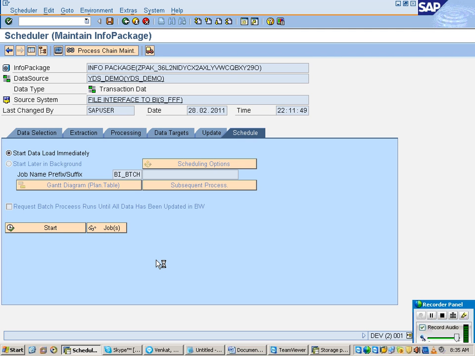Once you click on start, what happens now? These 2 records will be coming to your PSA. Look at the monitor now.